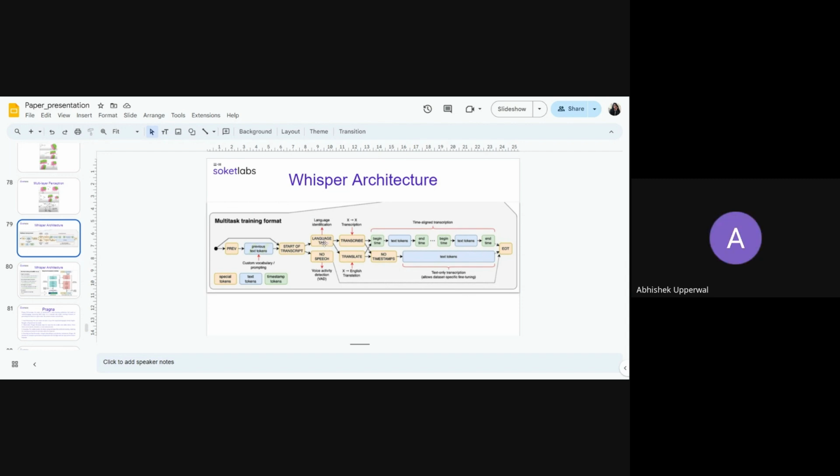Right. So the only good thing with Whisper is that it's a unified model for all languages. We don't have to keep swapping different models like what we were doing with Indic Wav2Vec. That's the only good thing, right?